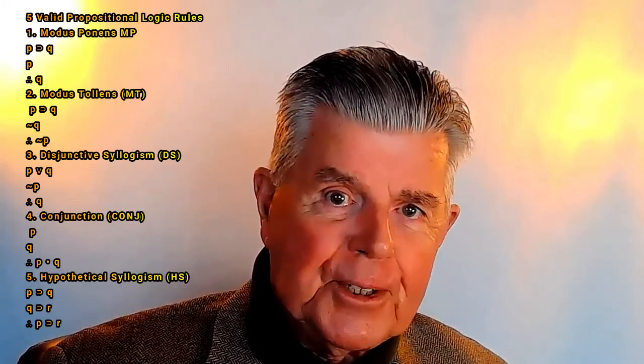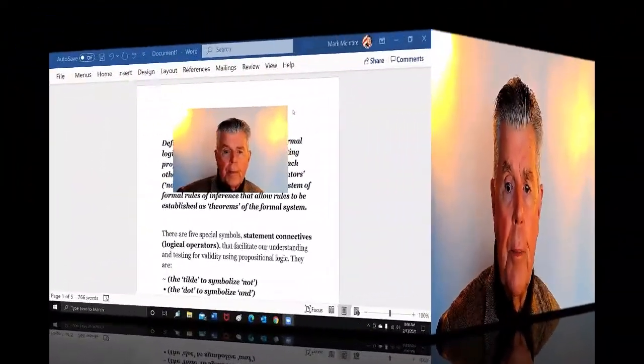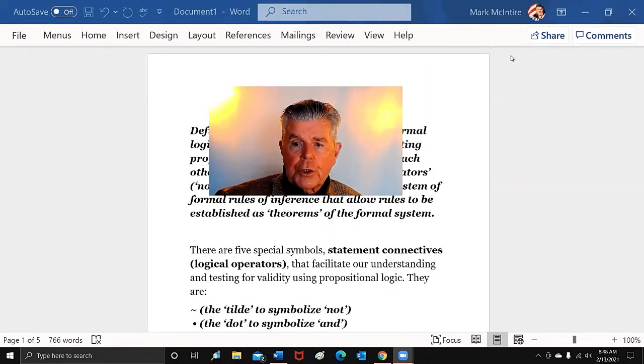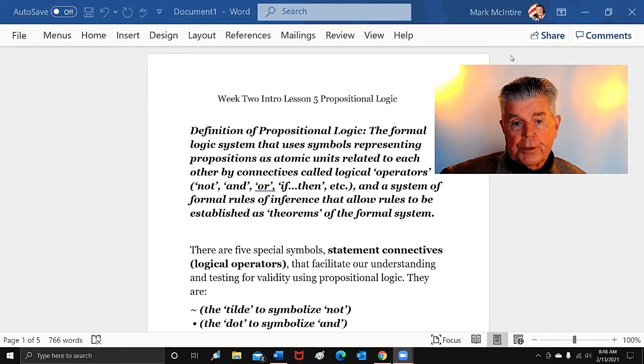So what is propositional logic? Well, we always start with definitions. And in the book, beginning on page 95, you might want to check that. And we find this definition. So the definition of a propositional logic is this. It's the formal logical system that uses symbols representing propositions as atomic units related to each other by connectives called